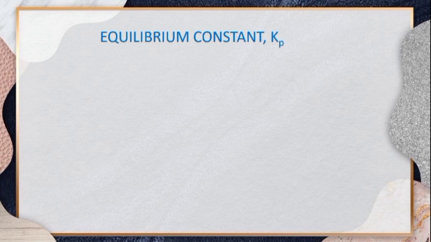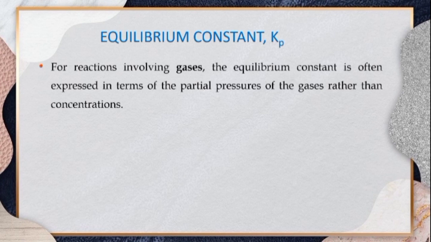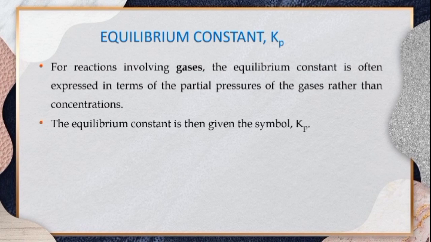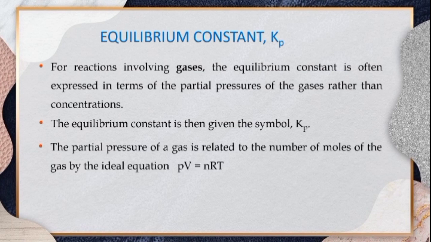Now let's have equilibrium constant Kp. For reactions involving gases, the equilibrium constant is often expressed in terms of partial pressures of gases rather than concentrations. The equilibrium constant is then given the symbol Kp. The partial pressures of gas is related to the number of moles of the gas by the ideal equation PV is equal to nRT,